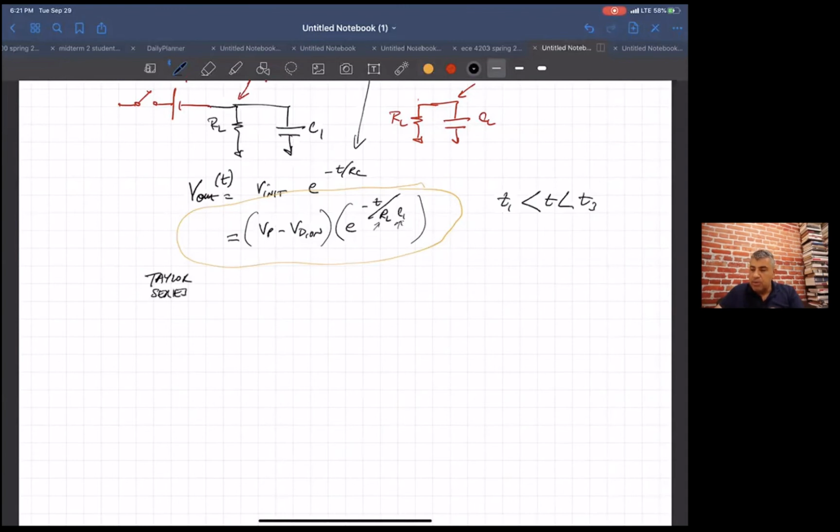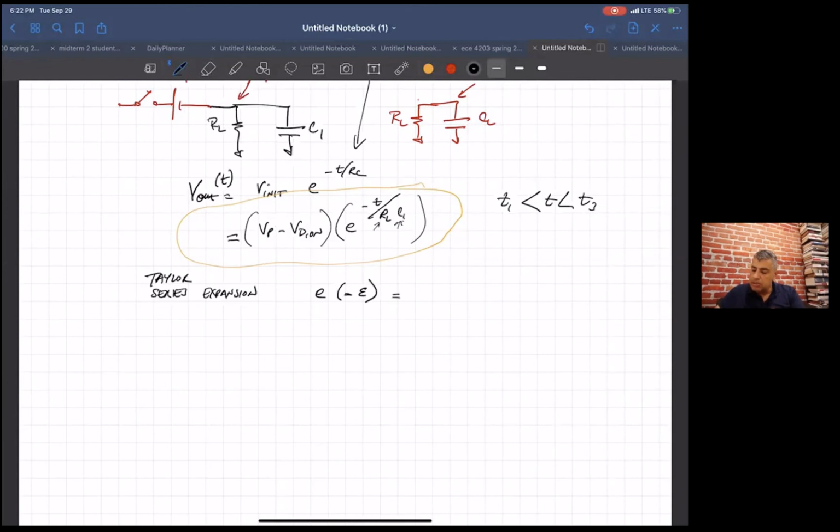If you remember, we used this for the small signal approximation, and we're going to use it again here. The idea is if you have something like e to the minus, let me just rewrite that, e to the minus epsilon or something,